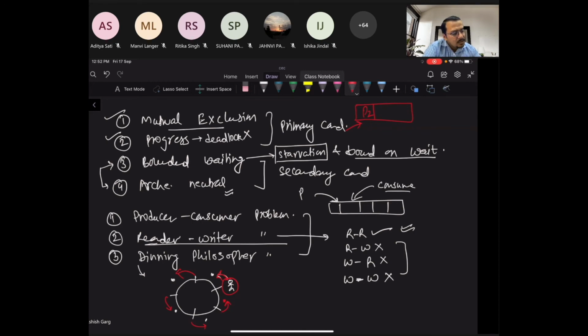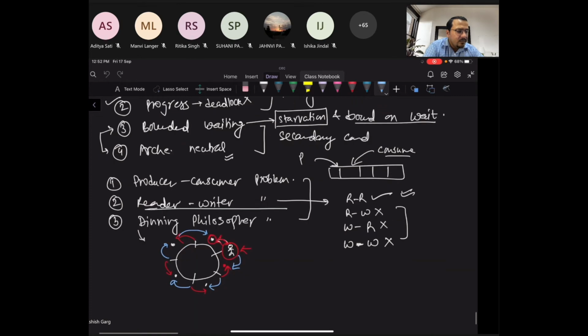So this person is having one chopstick, and now by using the blue line I am showing you, it is waiting for this chopstick, it is waiting for this, it is waiting for this, and this is waiting for this. So they are holding a resource and waiting for one more resource, in computer science terms. This is the problem of hold and wait, and we have to resolve this problem. So these are three kinds of problems which we have to solve by using synchronization.